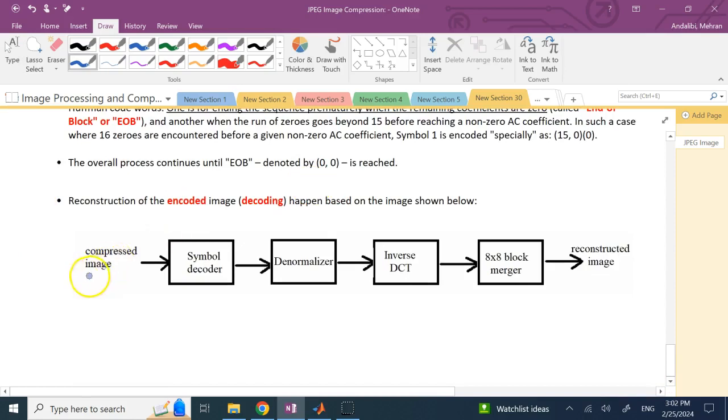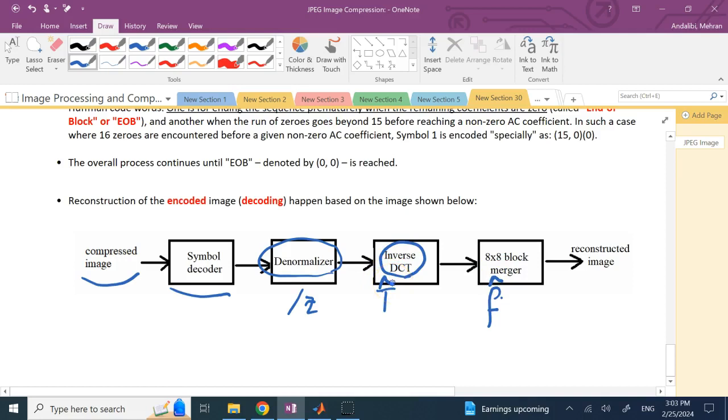So you need to get that compressed code. You need to decode it. So you need to basically undo that Huffman encoding and run length encoding and the zigzag pattern. Then you denormalize it. So instead of dividing by the Z here, now you multiply by the Z, and then you apply the inverse. So here you get basically the T, and then you apply the inverse discrete cosine transform to get that F. Now, not that original F, but a compressed,